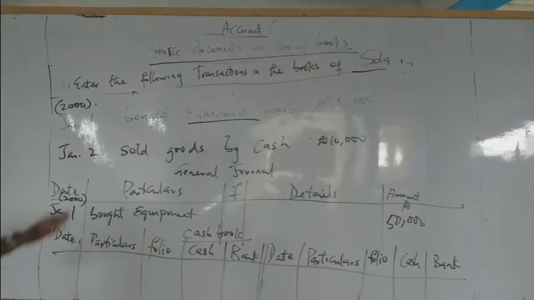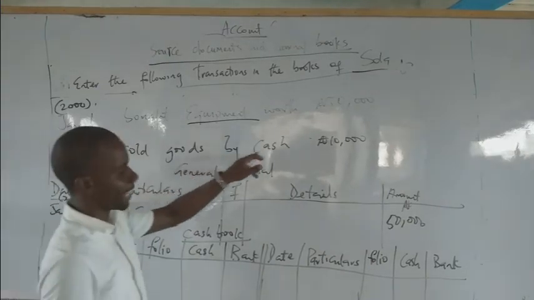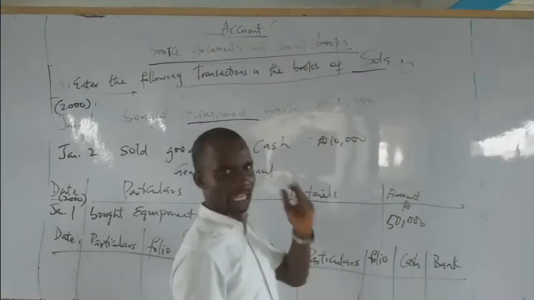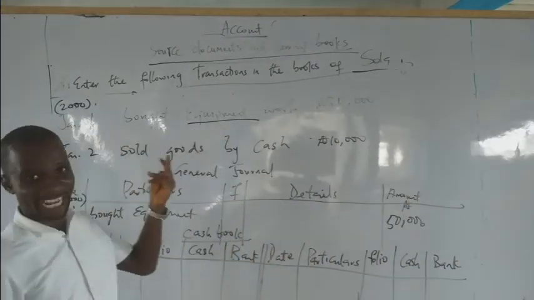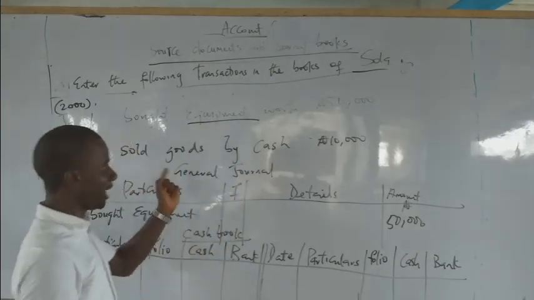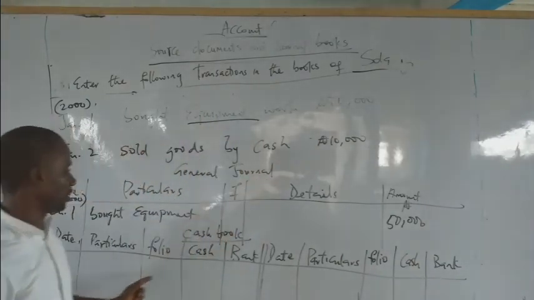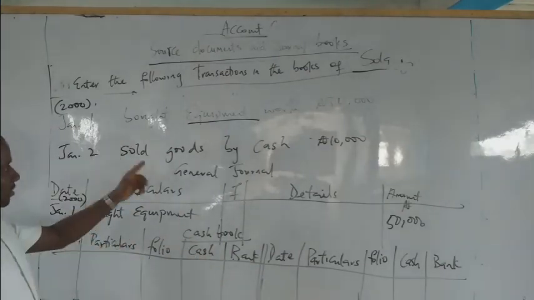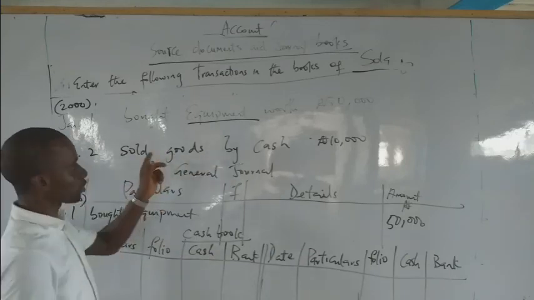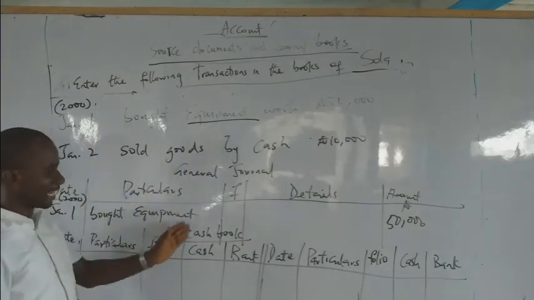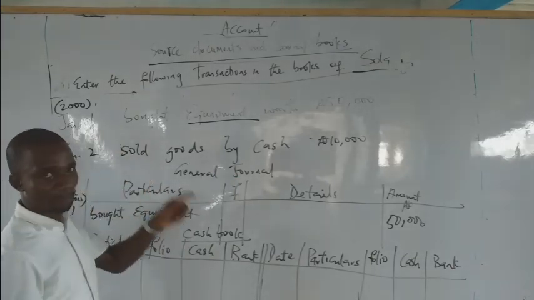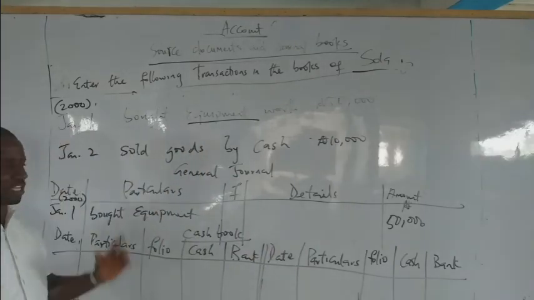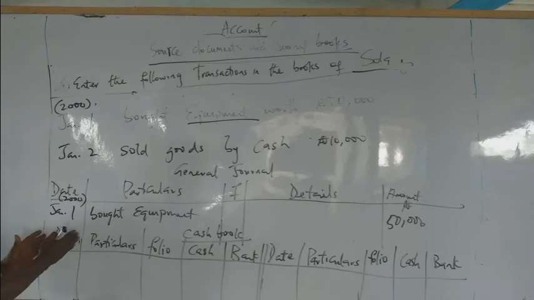Then, January 2nd, they said sold goods by cash. Please, there's a difference between selling goods by cash and by credit. When it sells goods by credit, it will be recorded under the sales journal. But when the goods is sold by cash, it will be recorded under the cash book. Please take note. Sales or purchases by cash will be recorded in the cash book, but sales or purchases by credit will be recorded in both the sales and the purchase journal. So we'll come. Now, this is a specimen